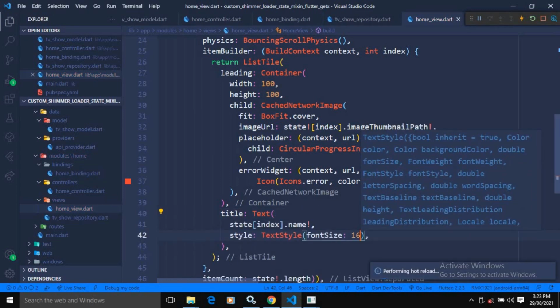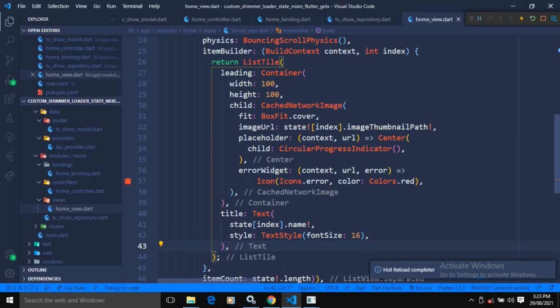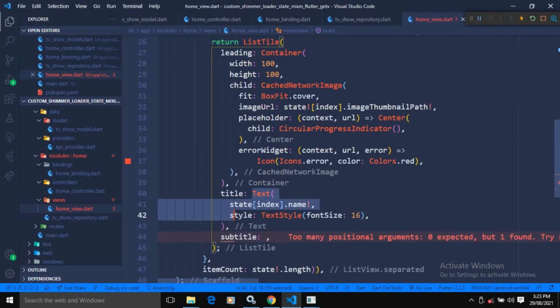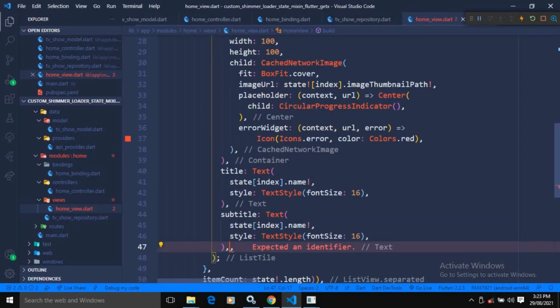Now this has another property which is subtitle. In the subtitle I will just simply copy this, paste it here, and instead of name here I will display the country, and I will reduce the font size to 14. Okay,